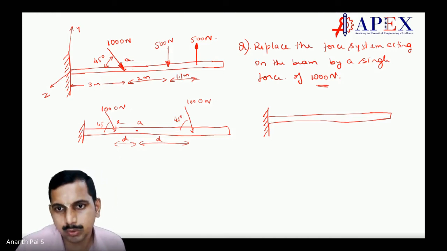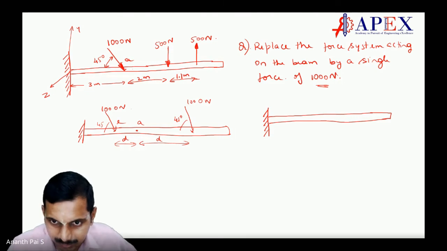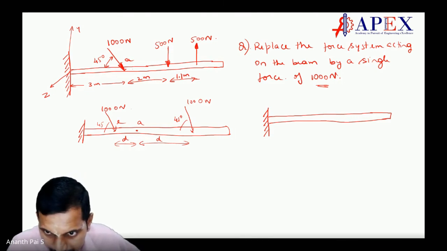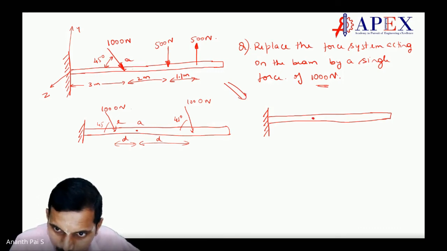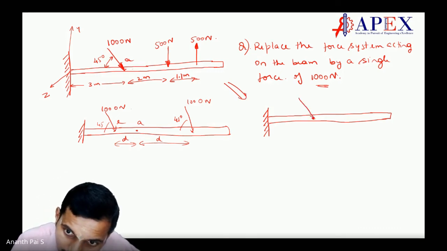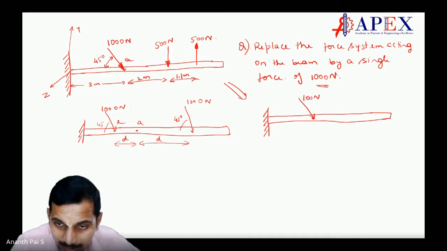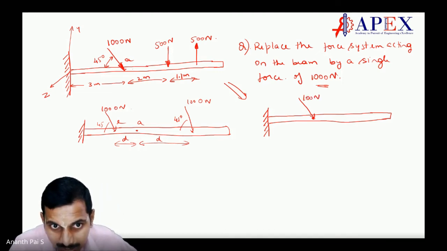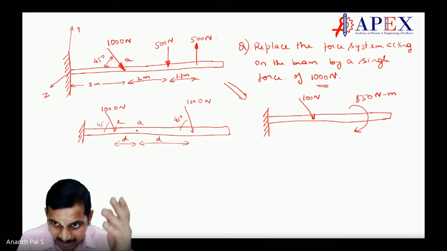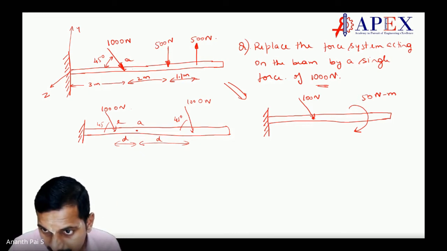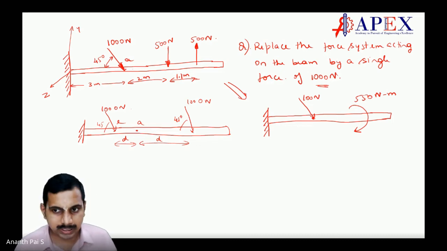So now what we can do here is, this particular force is 1000 Newton, fine. Then over this, there is a couple which is acting. What is the couple which is acting here? It is 500 into 1.1, is it not? So 550 Newton meter is the couple in this direction, correct, students? 550 Newton meter in this direction, the couple is acting.